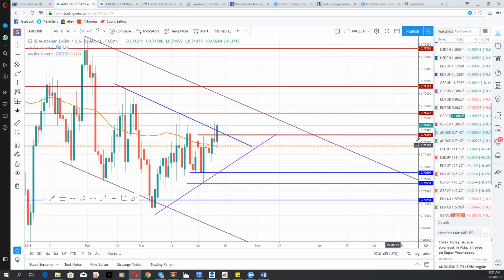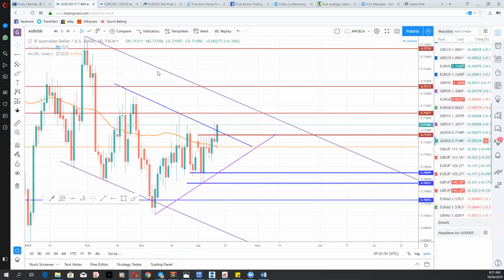this is resistance that we had at 0.7131. Price made a move above it and closed with this very bullish pattern here. This is an inverted hammer. At an area of resistance, you have this falling trend line and this static resistance here. So now, what may we be seeing on this pair?